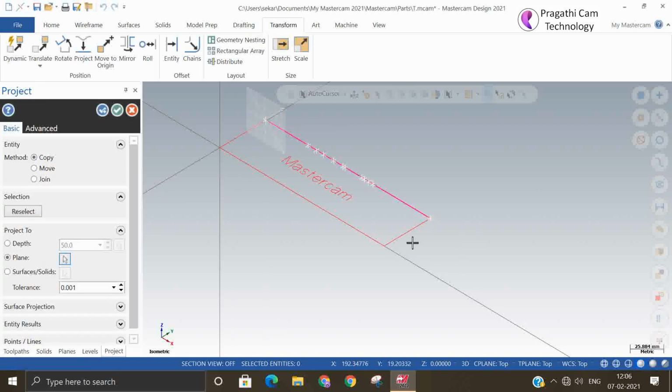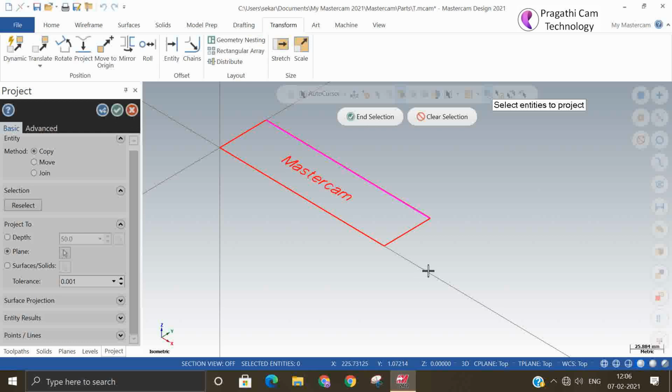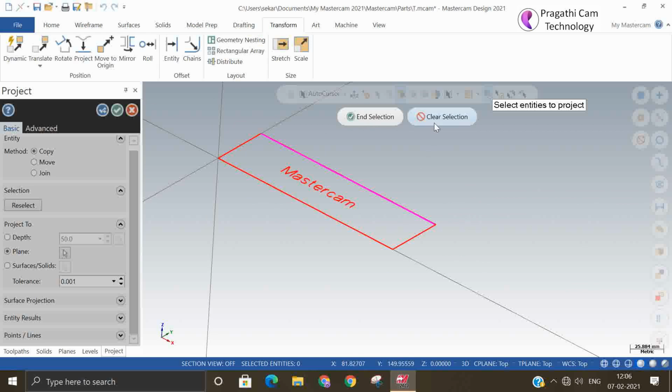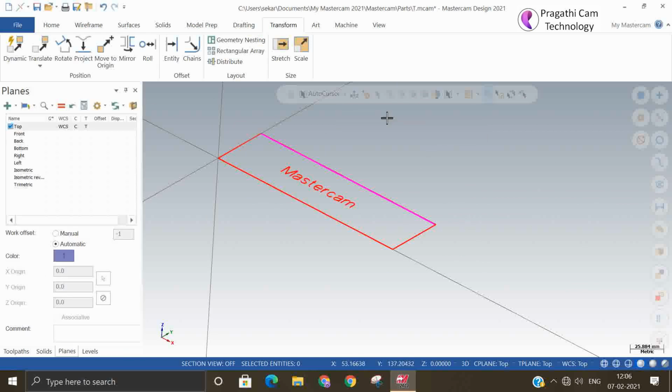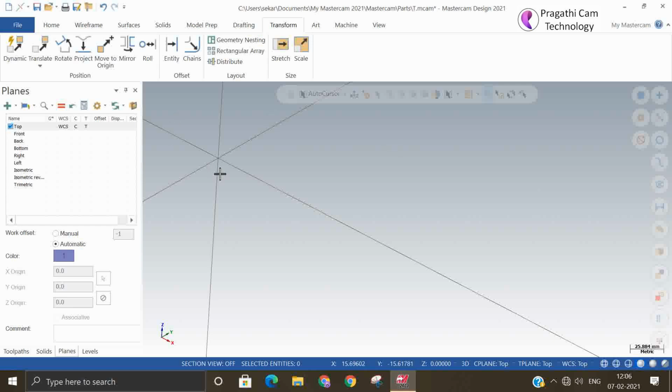You can see Y plane is visible to you. So I made undo. So it went on plane, but it is not rotated. Or otherwise, in the place of distance, you can project on the surface or a solid face.